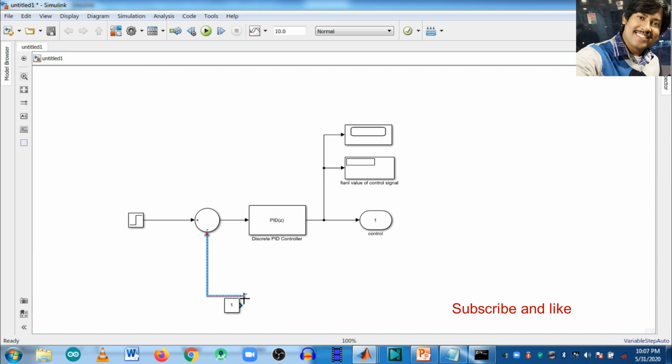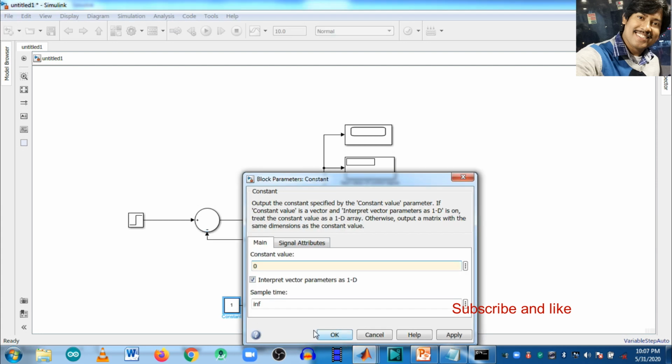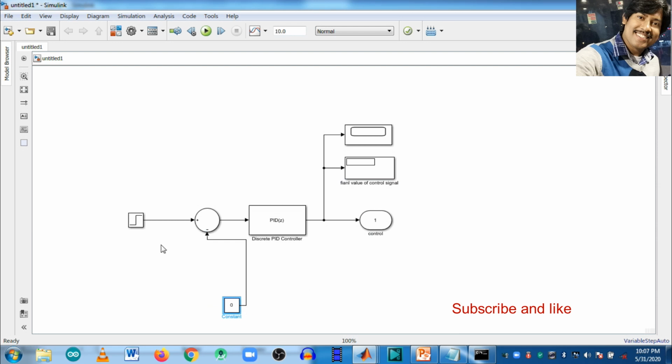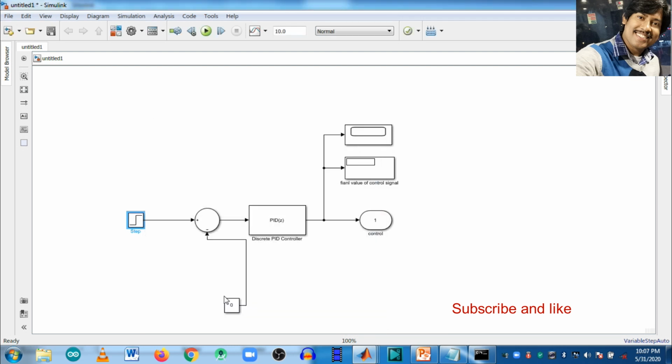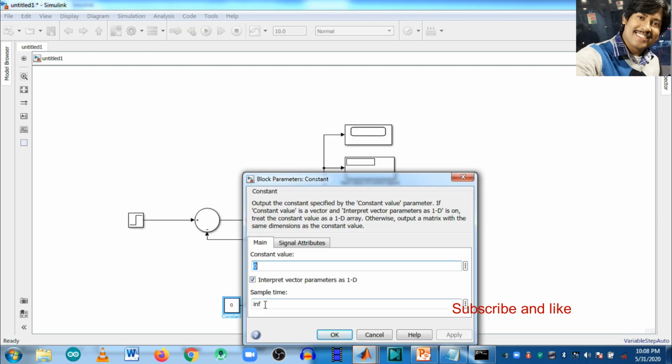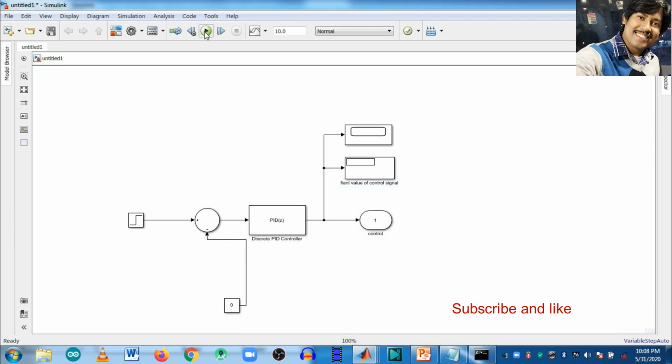So now it is a constant. Suppose I'm using this constant, this is 0 value. This is sampling time 0.1. It is also sampling time 0.1. So now run this. You can see the same result in the model output.